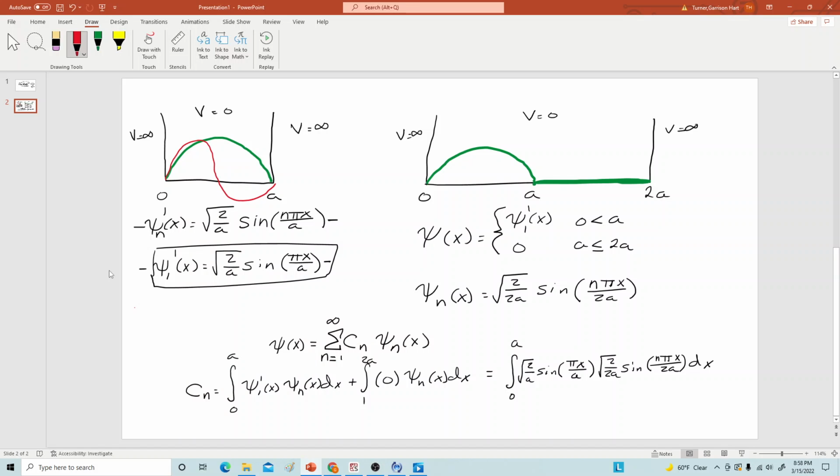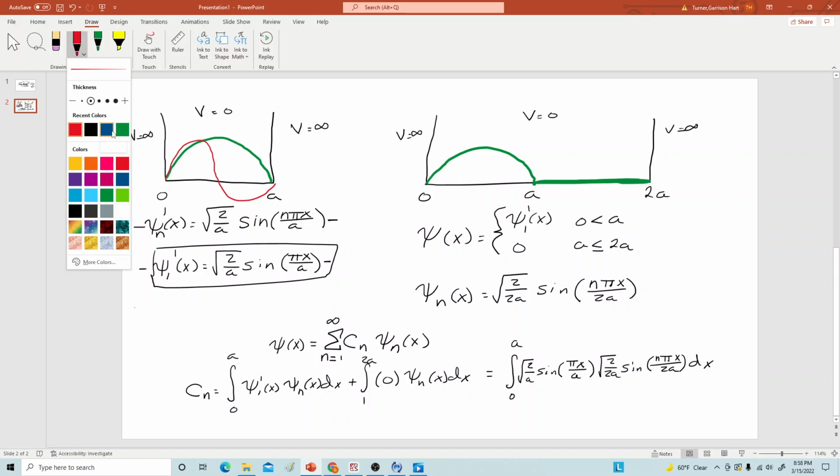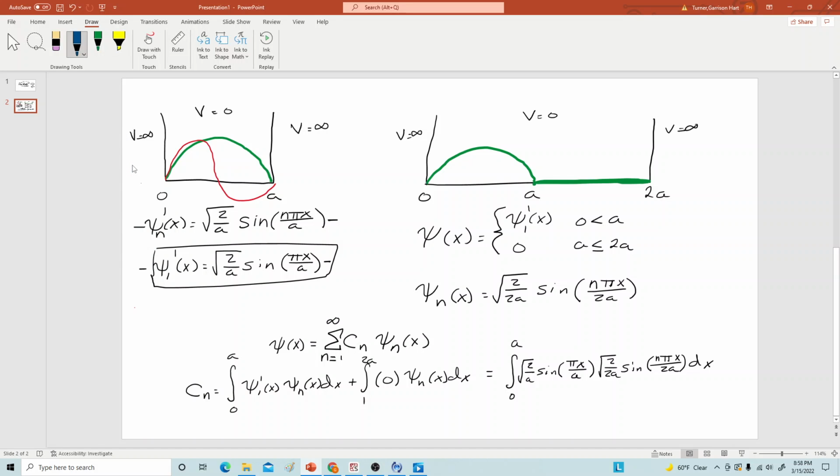Okay? So, in other words, the green is essentially half of a sine wave. The second level, or the first excited state, if you will, the n equals 2 state, is a complete sine wave. The n equals 3 state is when you would have three, for lack of a better term,